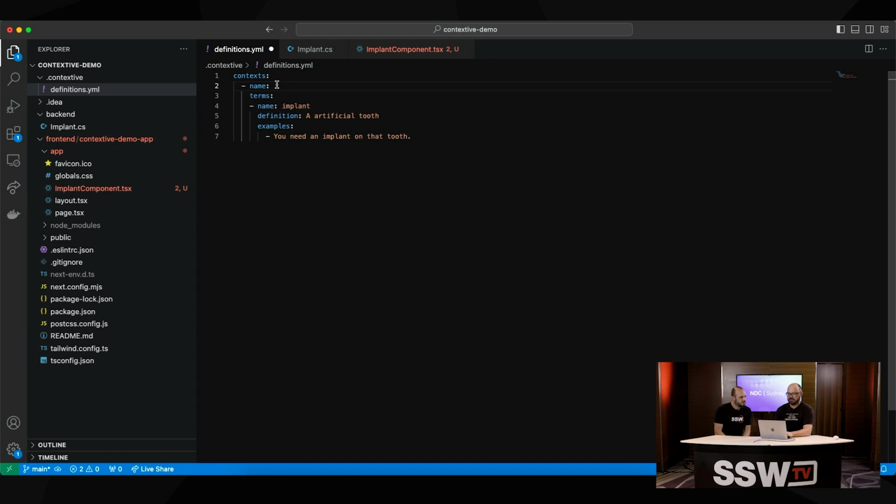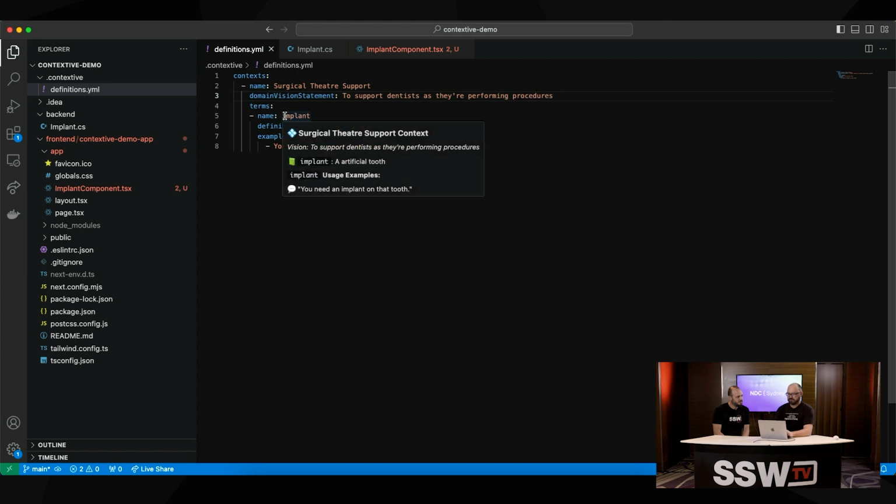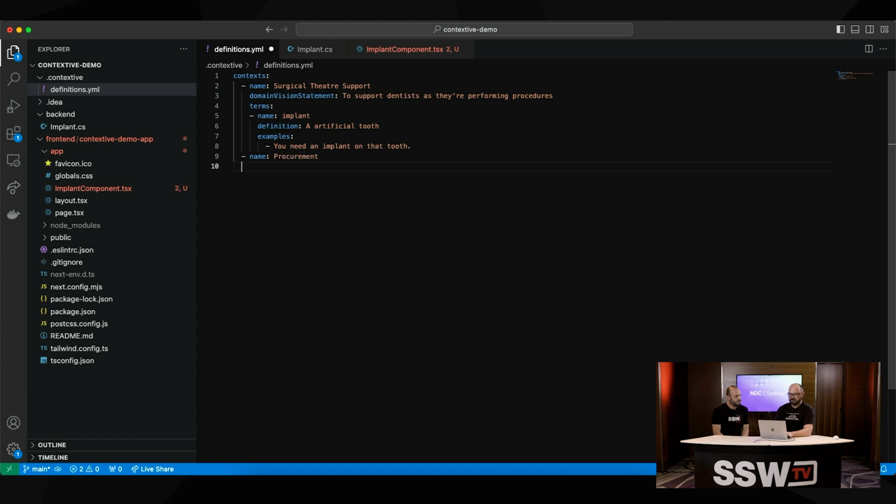So maybe we say this is the surgical theatre support context, and a domain vision statement that says to support dentists as they're performing procedures. And having saved that, now this definition gives us that as well. We get the context name and the domain vision. Now, if we have another context, maybe procurement, to support practices in purchasing implant supplies, we might have